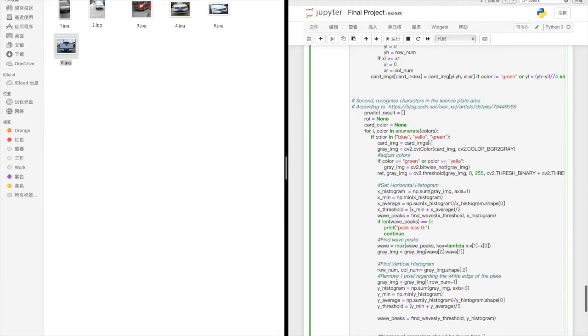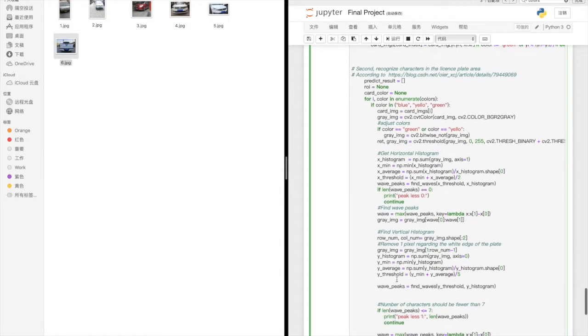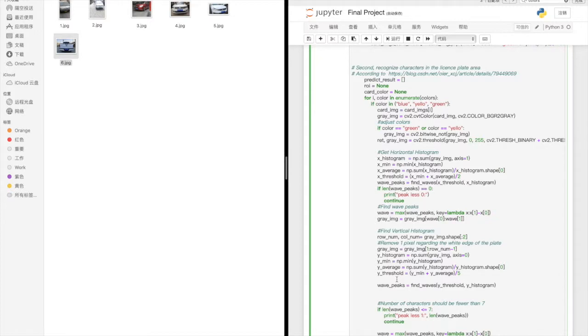We get a horizontal histogram of the rectangle area and find the wave peaks. The area with the peaks means that there is a character here. So we segment the rectangle